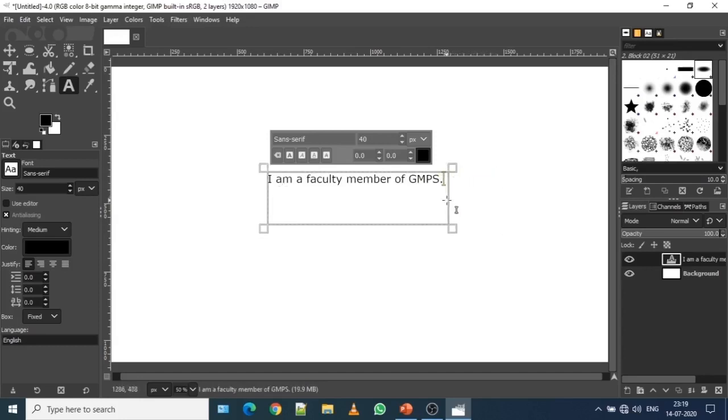The size of the text is showing right now as 40. If you want to increase the size, you have to select the text area. So triple click on this area. The moment you triple click, the entire sentence is selected. Now, depending on the word size, you can adjust the font size of the text that you wrote. Let's say I select 100 and press enter.